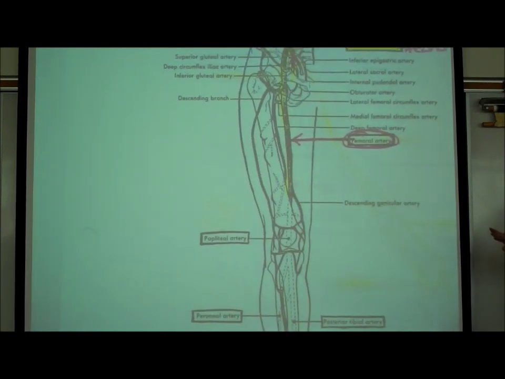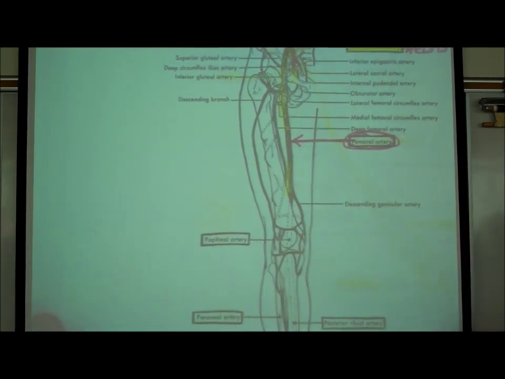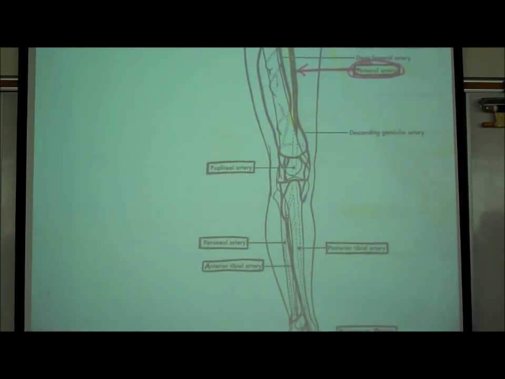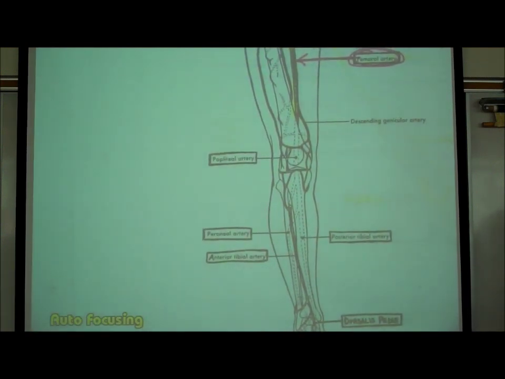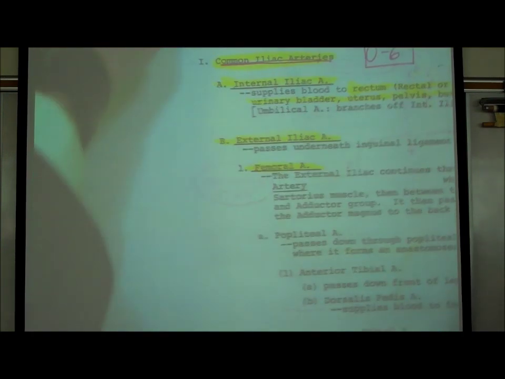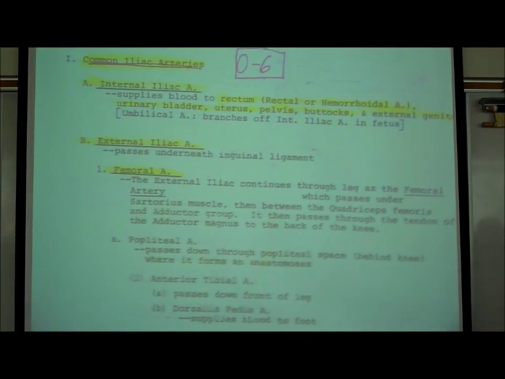Now, you can see that obviously that femoral artery continues downwards to the lower leg, but I'm not going to test you on all this other junk. I could, but I'm not. Let's look on the previous page, 06. So on 06,